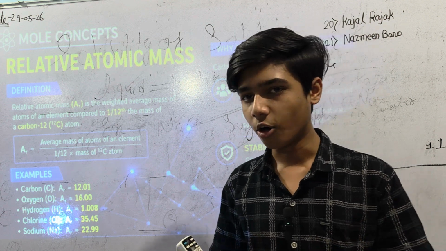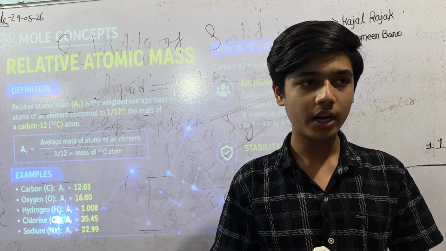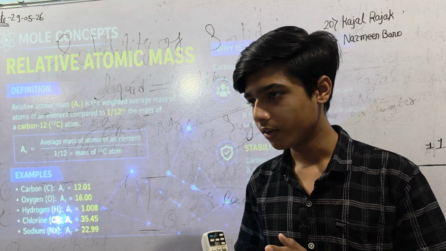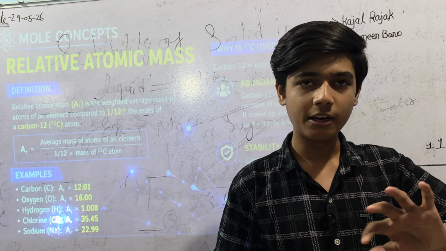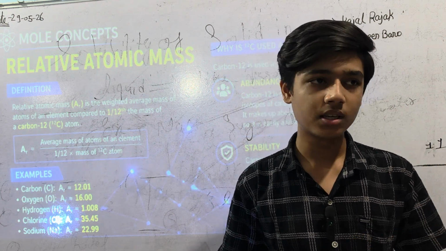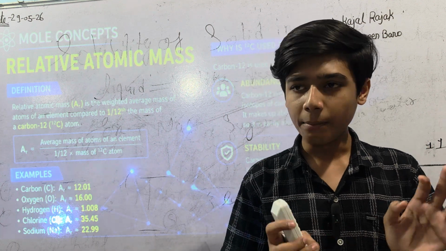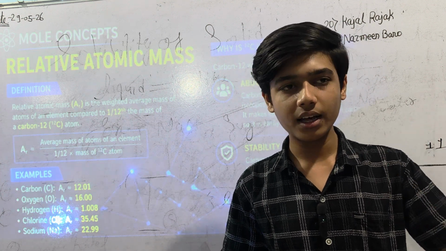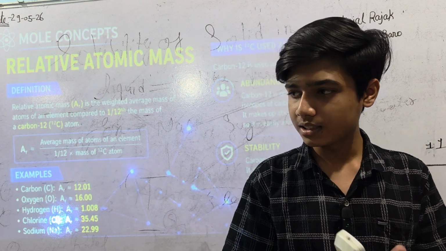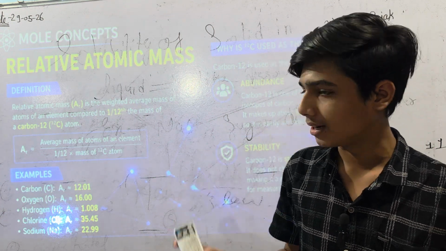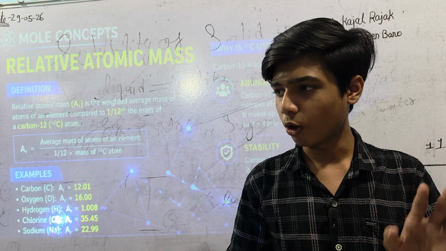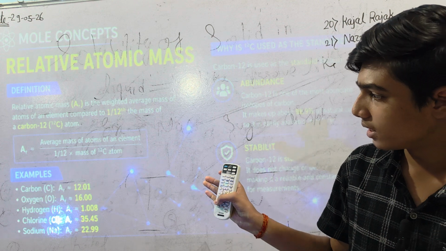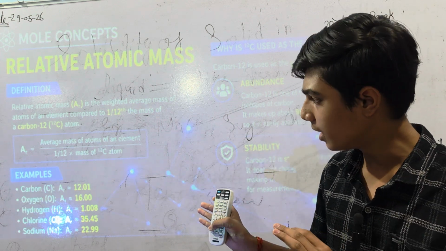Now, what is the meaning of the relative atomic mass? We have the information about what the atomic mass is, but today we have to know something about the relative atomic mass. First of all, I would like to clarify the meaning of relative. Normally we use the word relative for different things, but in chemistry, the word relative is used for comparison. Basically, relative simply means comparing any substance with respect to a standard or reference substance. Now, I would like to explain it with an example and with the main topic, that is atomic mass. For example, the relative atomic mass of carbon is 12.